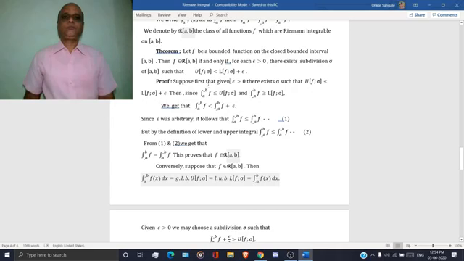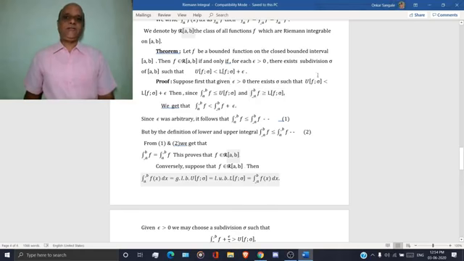Proof. First, suppose that epsilon is greater than 0, then there exists a subdivision sigma such that the upper sum for f corresponding to subdivision sigma is less than the lower sum for f corresponding to subdivision sigma plus epsilon. Then, since the upper integration a to b of f is less than or equal to the upper sum for the function corresponding to sigma, and by definition the lower integration a to b of f is greater than or equal to the lower sum for function f corresponding to subdivision sigma.